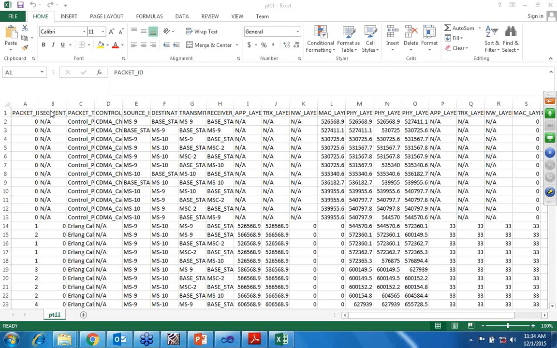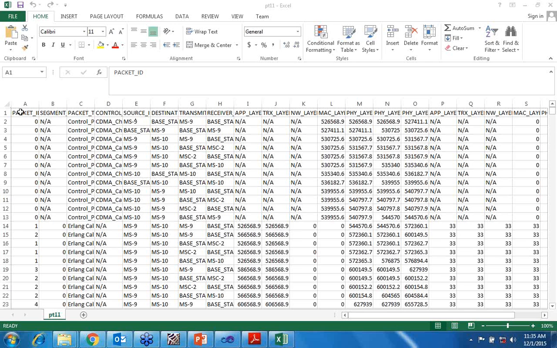Now here you can see some packet trace given on different parameters like packet ID, segment ID, packet type, control type, source ID. All these are given.